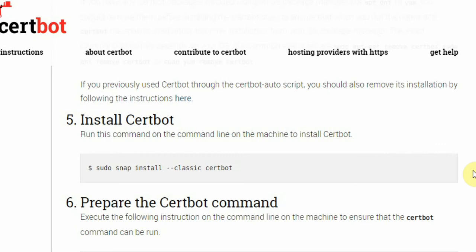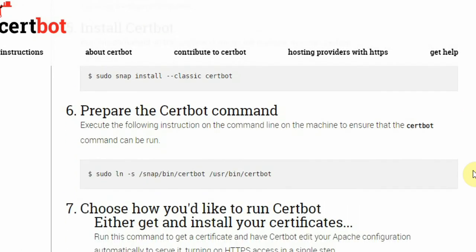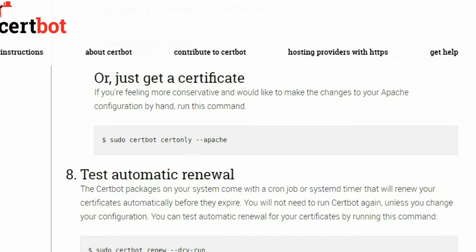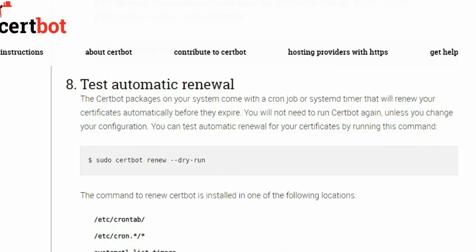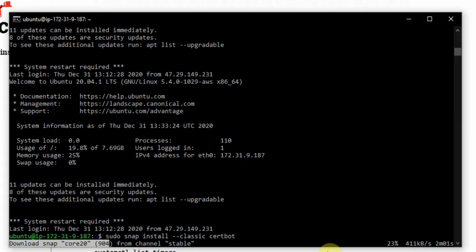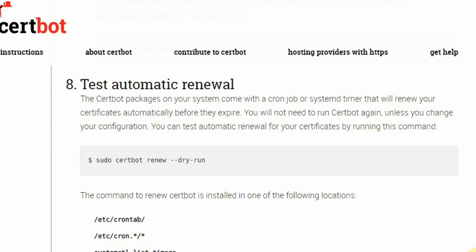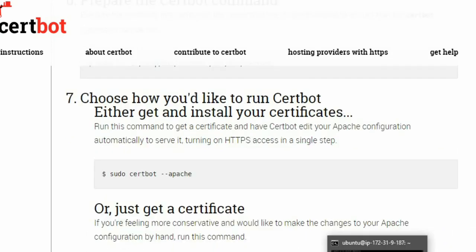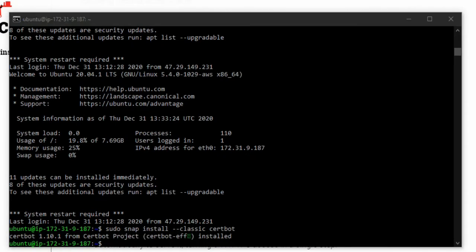While it's installing, we will come here. Okay, let's wait. Now our Certbot is successfully installed.